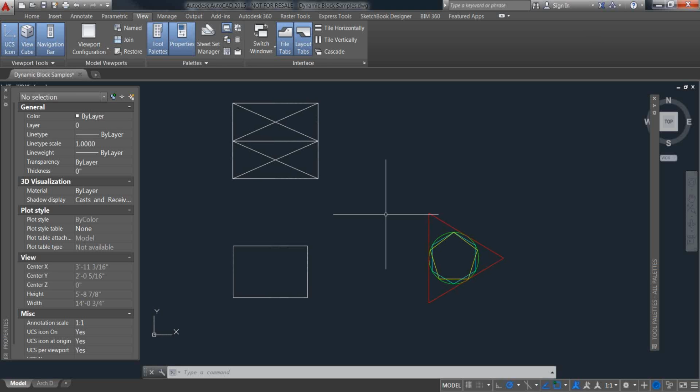Trudy asks, do the dynamic blocks show properties in other 3D views other than the view in which they are placed? Let's see, I've looked at it a little bit. Dynamic blocks in 3D are a little bit different. I've not actually worked with the dynamic blocks in 3D. I've only worked with them very quickly just to see what I was capable of doing, and I honestly, off the top of my head, don't know how the dynamic blocks will work in a